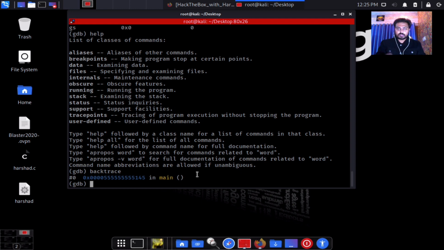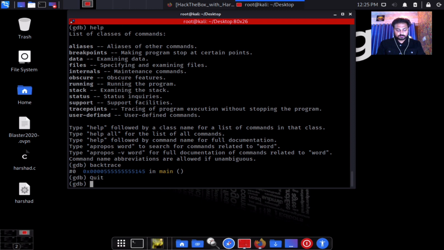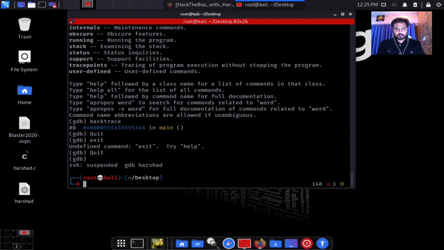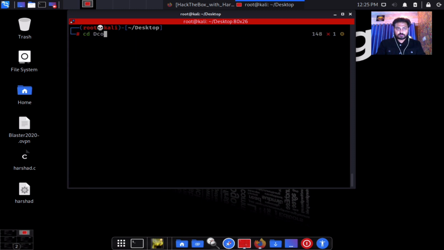Now I'm going to give you the alternative to this, a better way if you want to analyze this. If you don't want to use gdb, you can move to pwndbg. We have to set up the script first, and then we can move to that section. So I can first exit it, control c, control z, it is done. I'm going to the Documents folder where all my files are available.